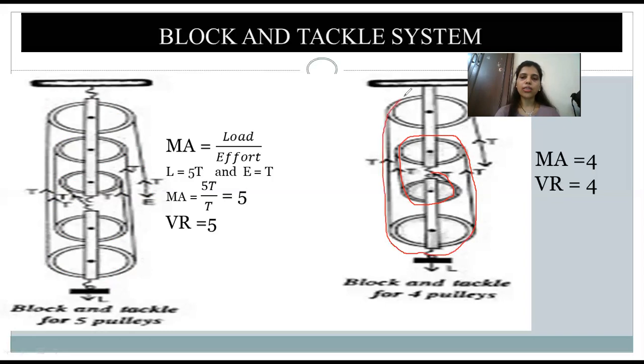So we'll go like this, and then we come out, and don't attach this string to this pulley. So if you're going in the downward direction from this hook, you move it around the pulley like this and then go. So this tension and this effort are balancing each other. Again, effort and the tension.